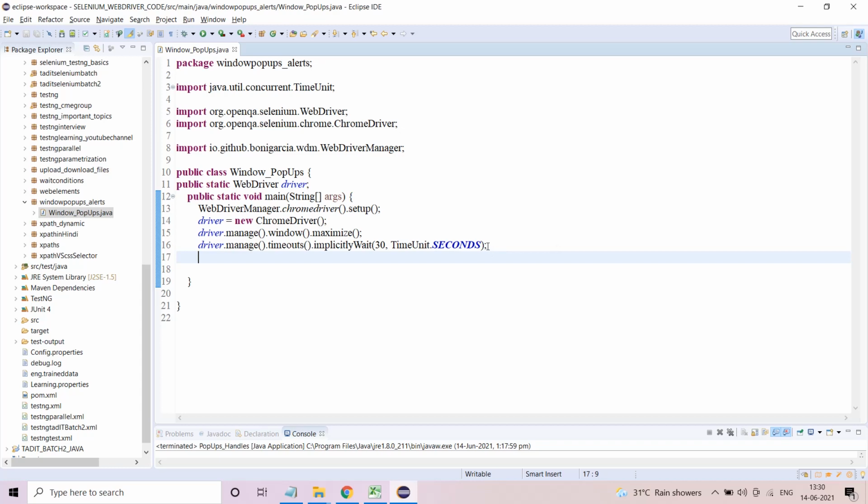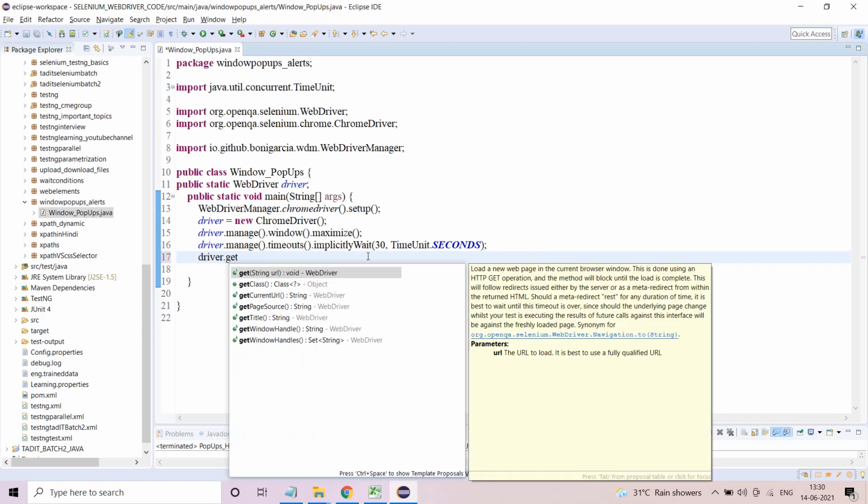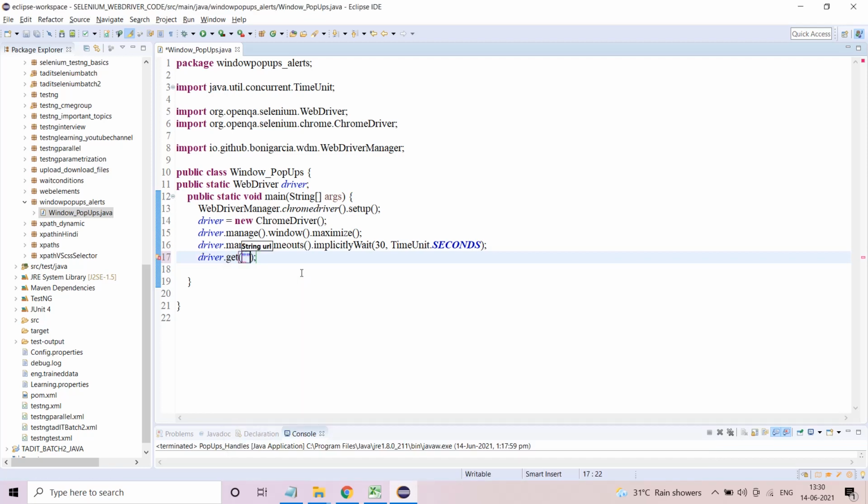Now this is done. Next thing is I need to open my URL, driver.get. Thanks to Mr. Reddy, he has arranged a wonderful URL for us. It is very difficult to find certain examples like this, so this video should have come much earlier in the Selenium playlist, but better late than never. So now this is done. As you know all these basic lines of code, this will open this particular URL.